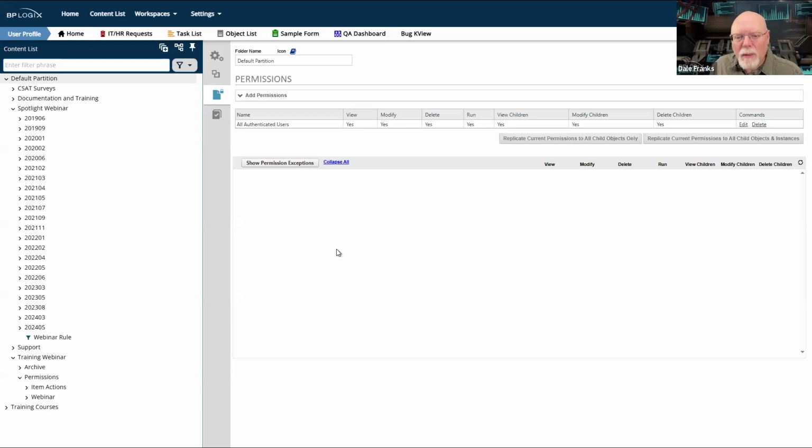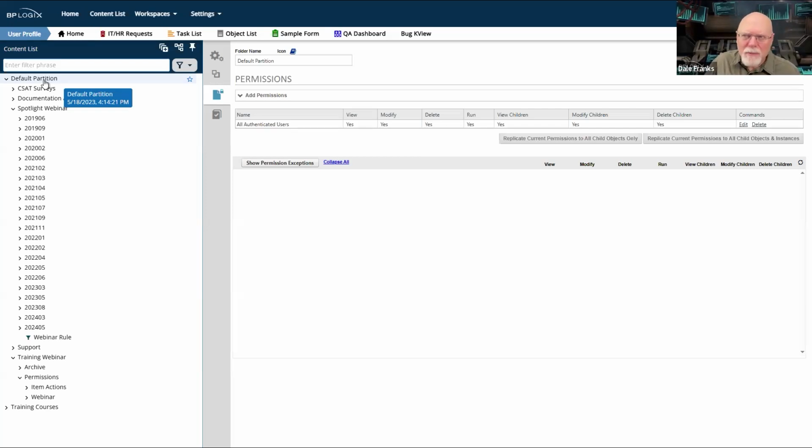So I've got to get those permissions, because usually whenever you first install Process Director, there is a folder or two inside the default partition. Not always, but there usually is. And certainly if we install Process Director for you on a cloud server, it's probably going to already have the custom tasks in it. It's probably already going to have the template library and the template data folder, which is only needed if you have our template library. If you have your own template library, you don't need that folder.